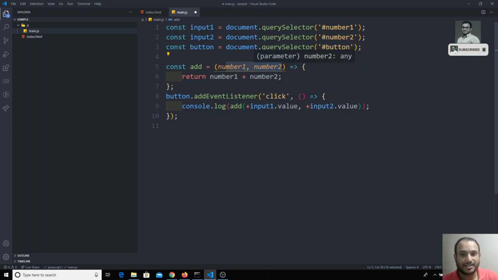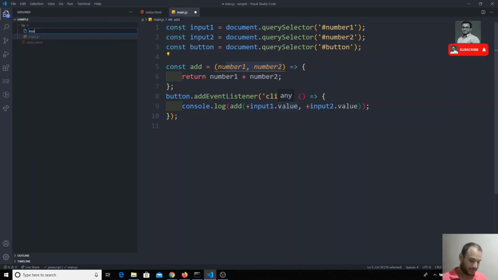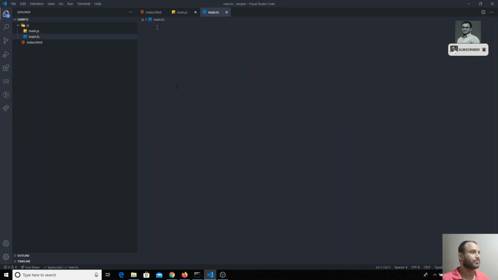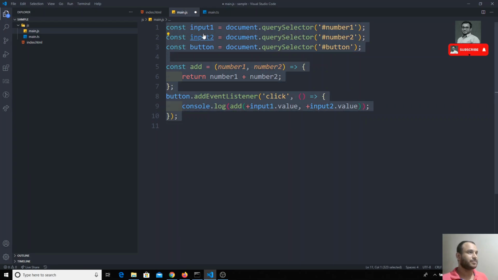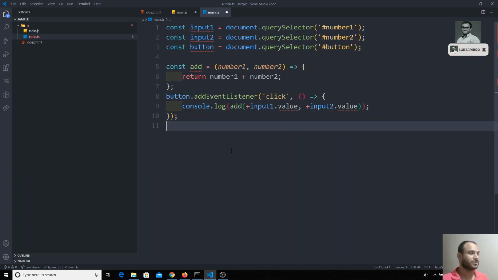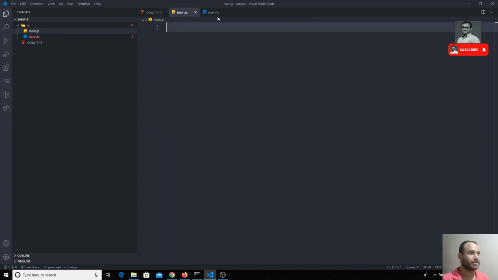How it will handle this, let's see in the example. Now we have written the JavaScript code, right? Let's keep this apart, and I will create a file main.ts. Now I will copy the same code and paste it here. Now I will try to remove all this code. Okay, now here